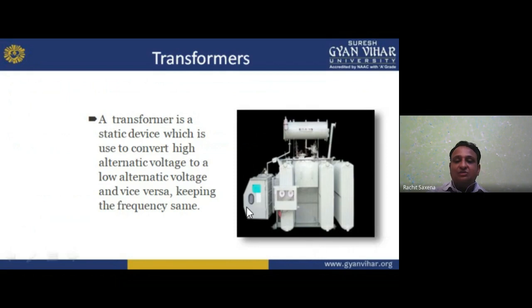And it looks like this. Now see here: it is the radiator, the conservator tank, then the Buchholz relay fitted in, and some cooling arrangement. Then we have the main tank, then radiator fins. In this main tank, we place our transformer. It is a static, electromagnetic device which transfers energy from one circuit to another without changing frequency, but changes the level of voltage and current, and vice versa.